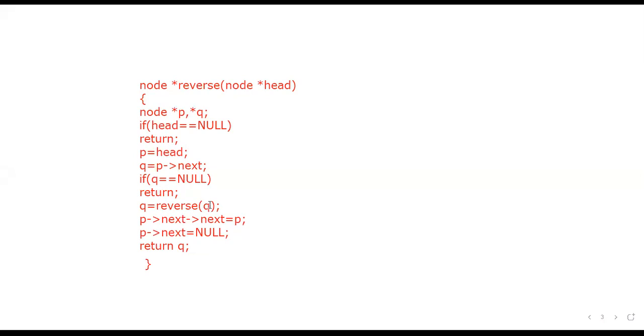Reverse means automatically, just like A to Z, if you follow the order A to Z, after the reverse function, it will display the values Z to A. After calling the reverse of Q, automatically all the Q values, generally P values are A B C D, but in the Q values, automatically it will reverse like that.